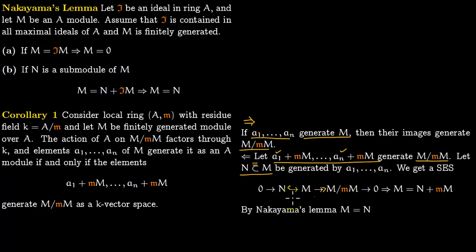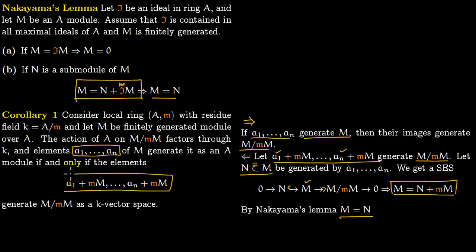So this is a surjective map, this is injective, so we can now write M as N plus mM, because this is a submodule, this is just a surjective map, so you get a short exact sequence. You can write it like this. But now you can see this is the same as this right here. Instead of an ideal, we have mM. So therefore M is equal to N. M is equal to N, and that's what we wanted to prove. So again, you can see the correspondence between here and here. These are generators of M, and these are generators of this K vector space.